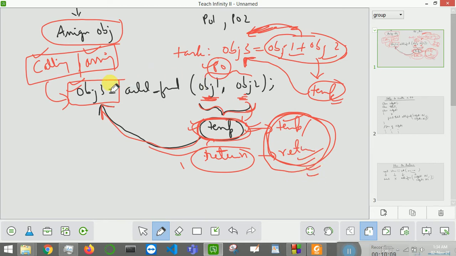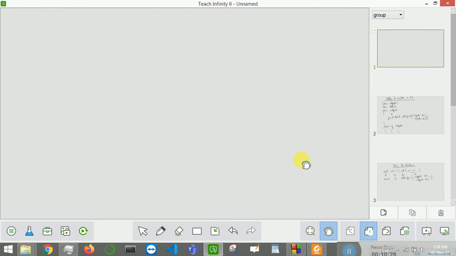First point. Second point is that in a friend function there will be no calling object, there will be assigning object, and in an object passing function there will be no assigning object, there will be a calling object. Okay, and passing objects will always be there. So these are the 5 types of objects. Now let us see